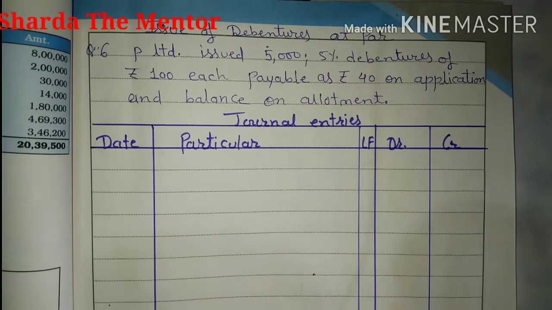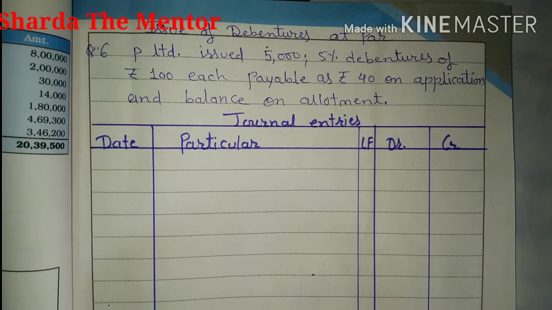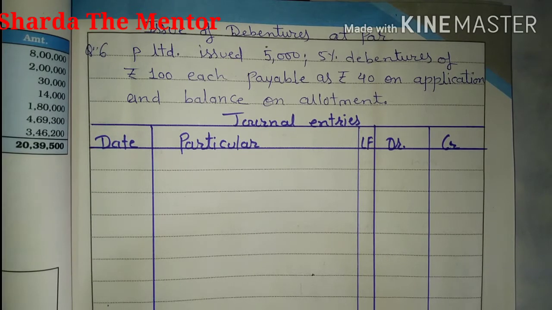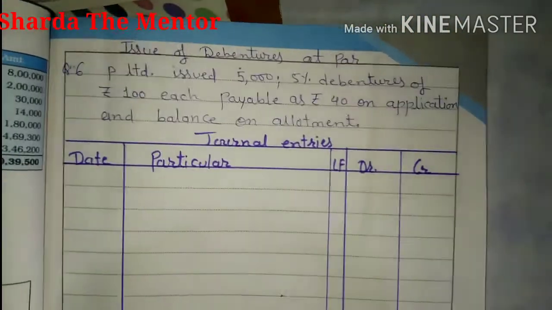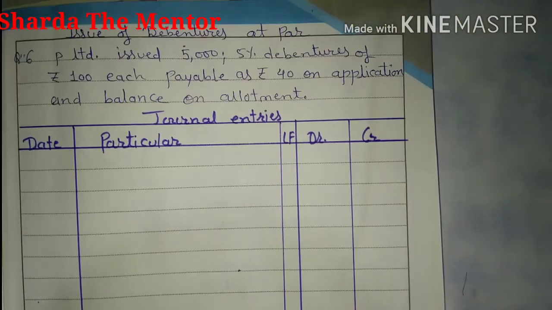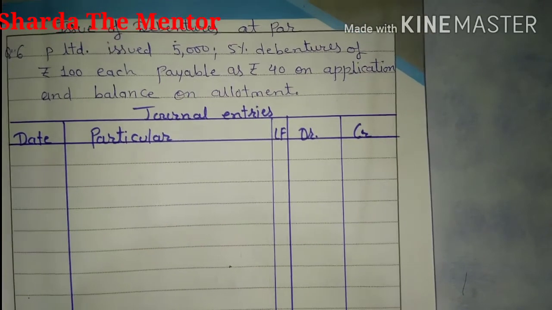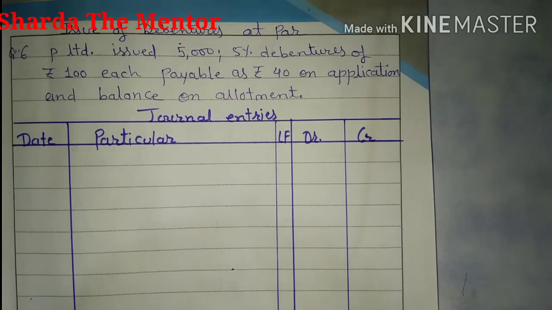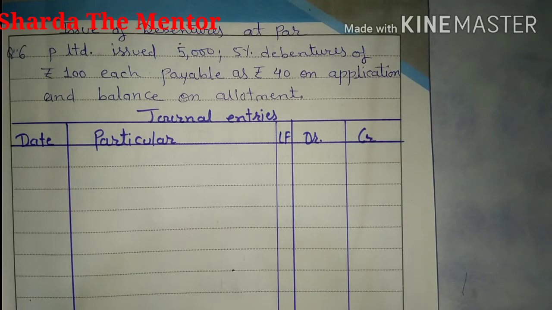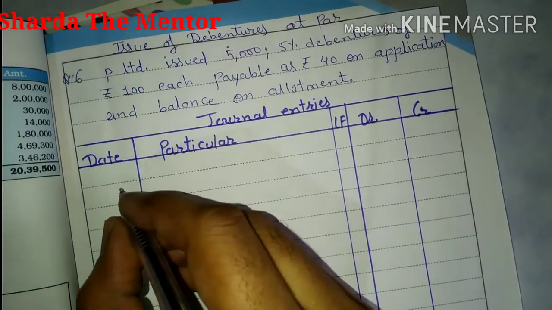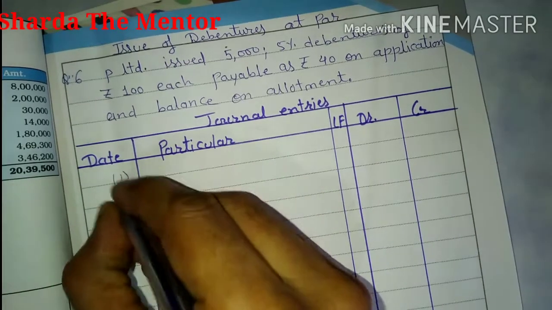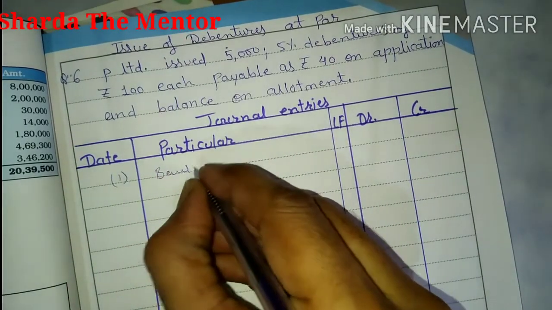Hello everyone. Here we are going to solve a new question, that is issue of debenture at par in case of installment. The question, as you can see on your screen, is that P Limited issued 5,000 debentures of 100 rupees each, payable as 40 rupees on application and balance on allotment. As we know, the first entry will be passed because the date is not given. So bank account debit